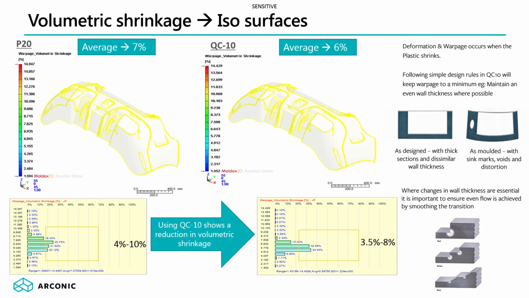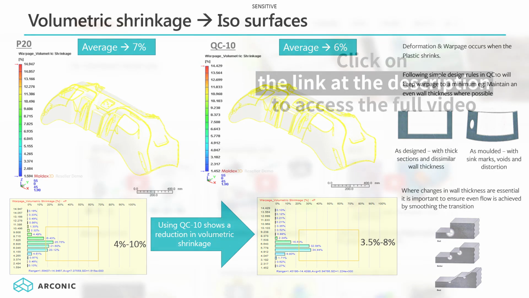In terms of volumetric shrinkage, the QC-10 part actually showed less shrinkage compared to the P20 part. A reduction of about 1%, from 7 to 6, may not seem very significant, but, as we know, deformation and warpage occur when the plastic shrinks. This can cause the walls of a mould to be pulled inwards, leading to high localised internal stresses in the mould and distortion in the part. It is widely thought within the industry that it is naturally worse in aluminium than in steel,